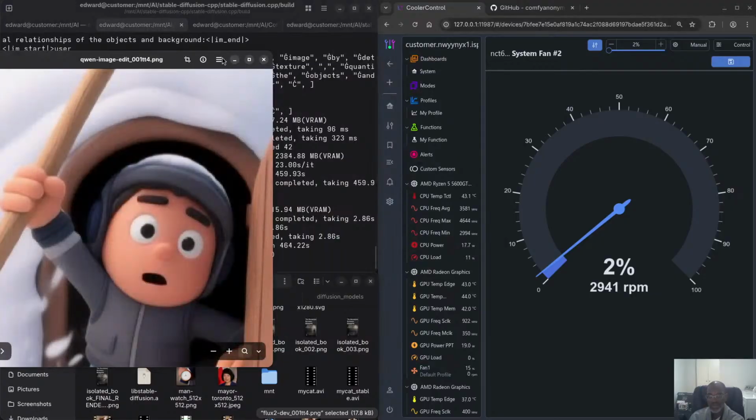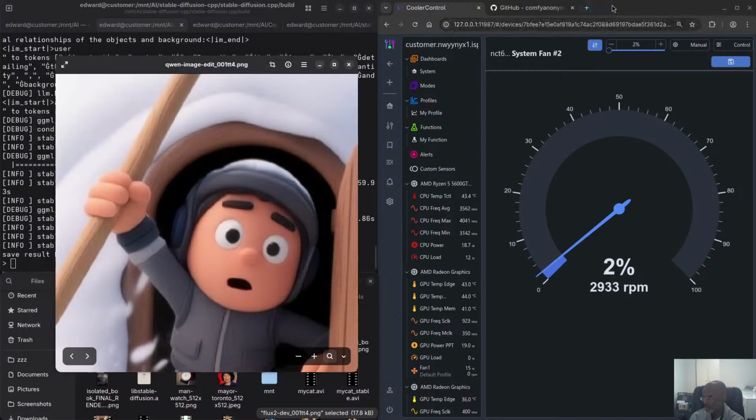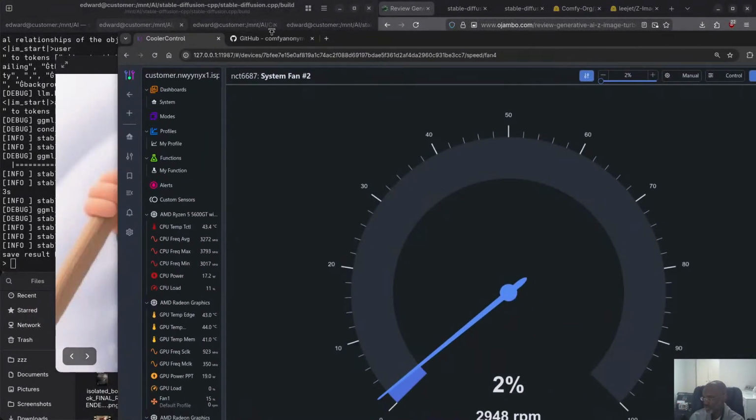What time is it? Okay, so there we go. Okay, so